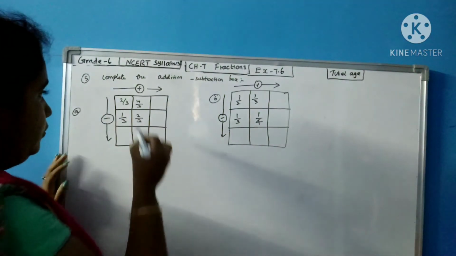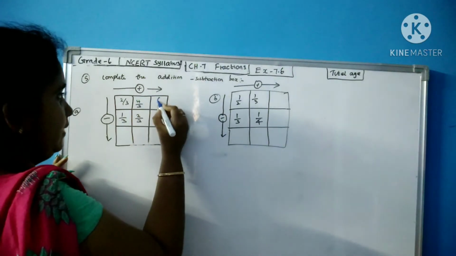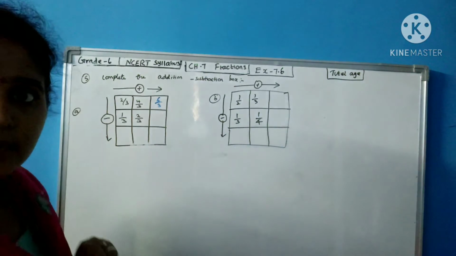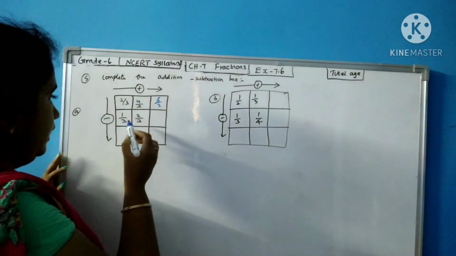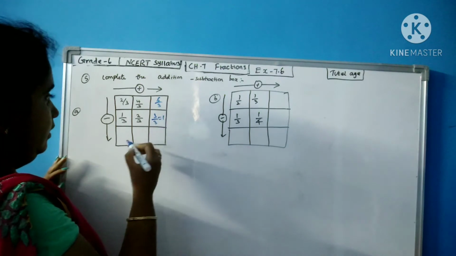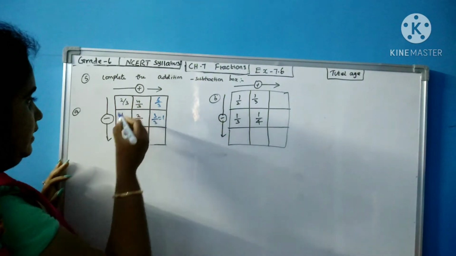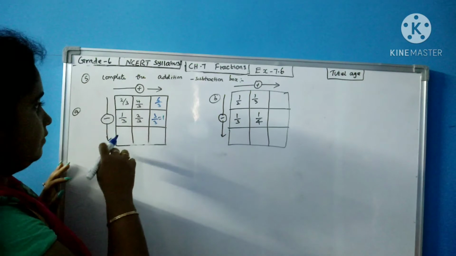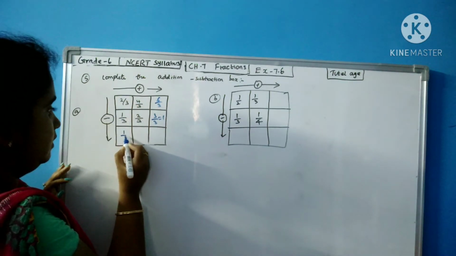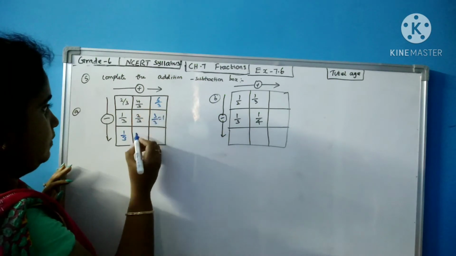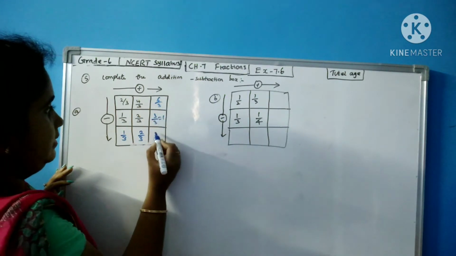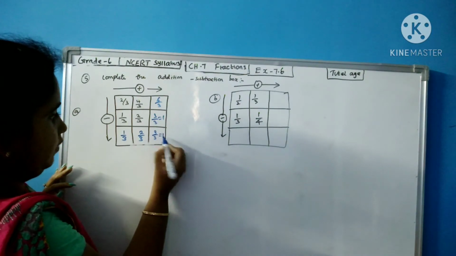Okay. So 2/3 plus 4/3, how much? 6/3 is your answer. Hope it is visible, right? Yes. Next, 1/3 plus 2/3 is 3/3, that is nothing but 1. Now come this side. 2/3 minus 1/3. I am going column wise so I am subtracting. 2/3 minus 1/3 is 1/3. 4/3 minus 2/3 is 2/3. 6/3 minus 3/3 is 3/3, again 1.